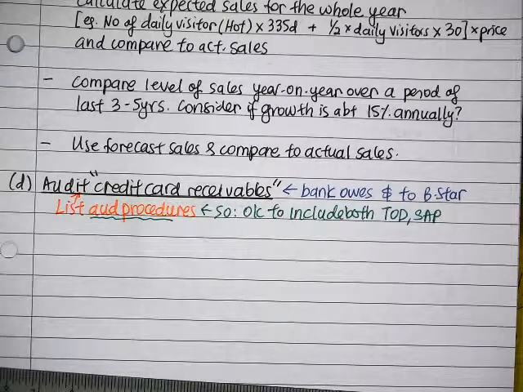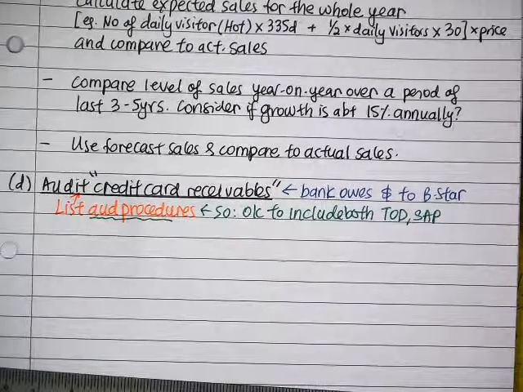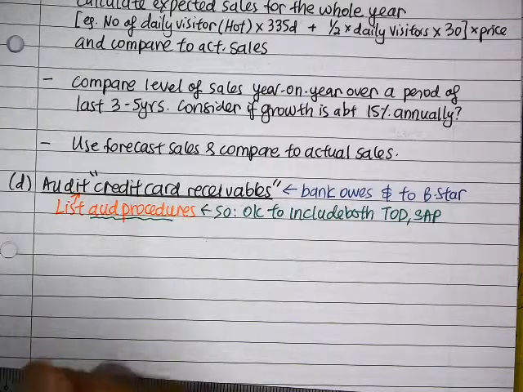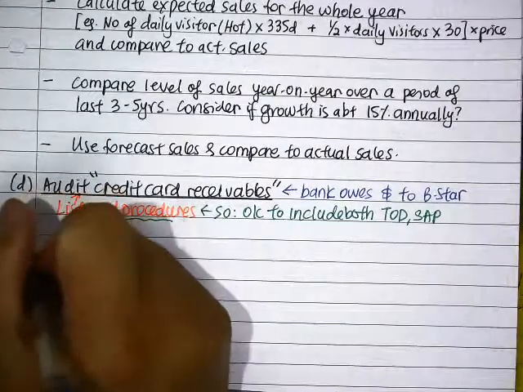Now, how many things do we learn when we talk about auditing receivables? We talk about standard procedure. Then we talk about six things: confirmation, subsequent receipt, scrutinizing records, audit recoverability. So you're going to apply what we learned in this part. Now it's only 4 marks, so you just have to write a few things that cover 4 marks. Follow? Don't forget that we have standard procedures to start with.